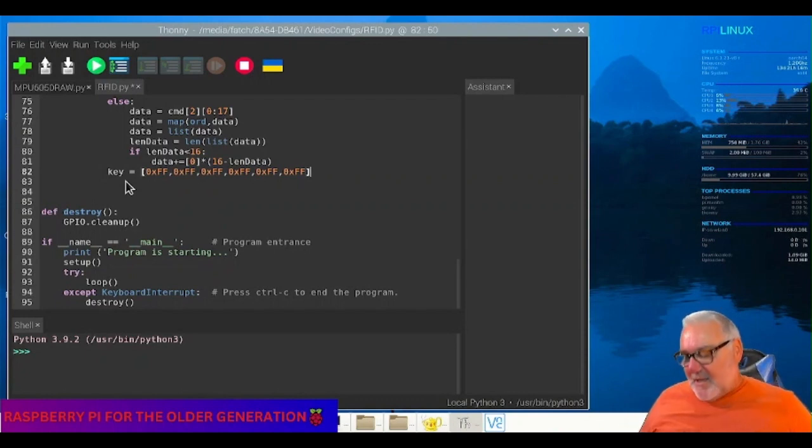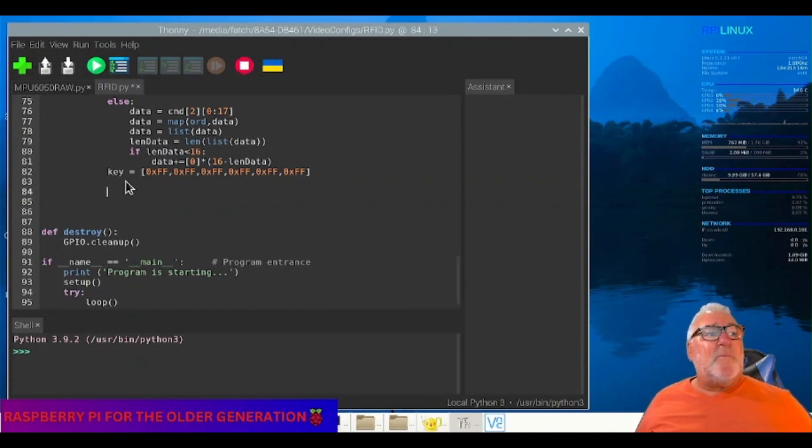And now we authenticate. So it's status equals MFRC dot, capitals MFRC 522, underscore, authenticate with a capital A, AUTH, brackets on,